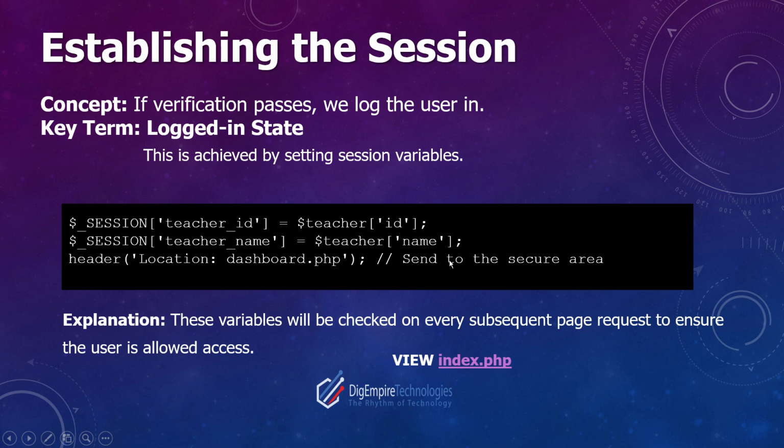This is simply a secure area for this particular person, the only part a person can view at that particular time. These variables will be checked on every subsequent page request to ensure the user is allowed access to those particular pages. And this marks the end of the presentation,